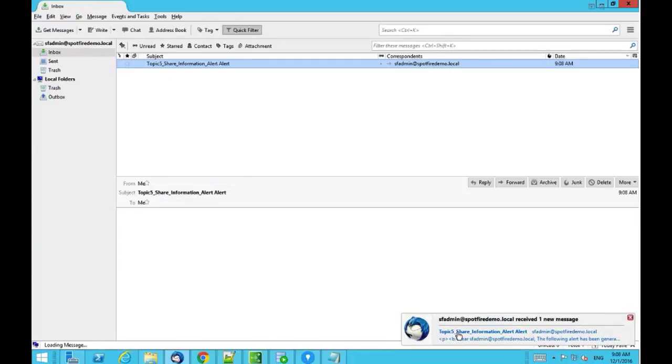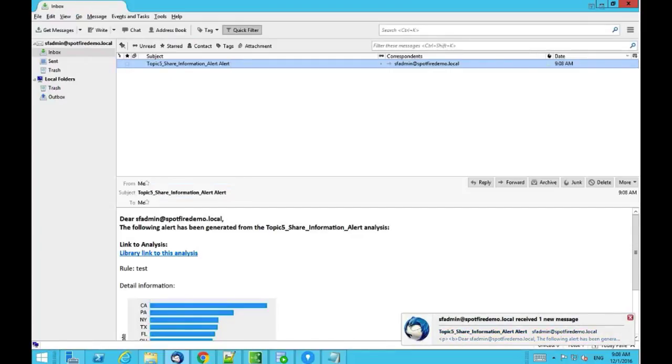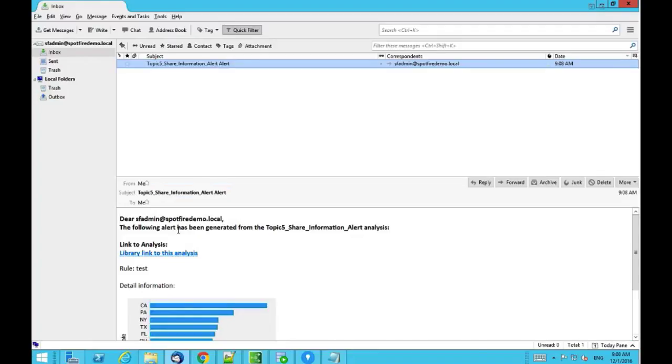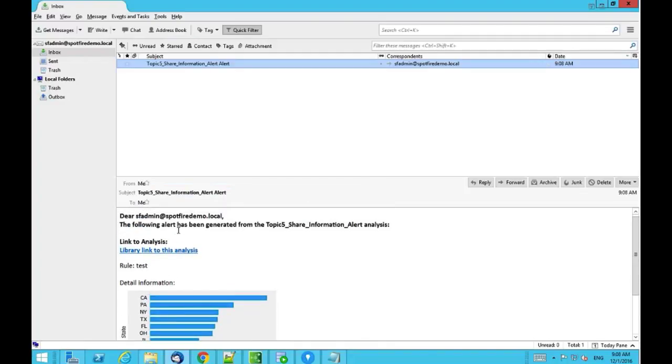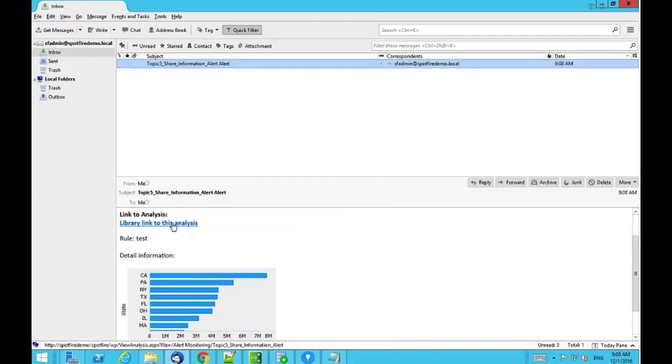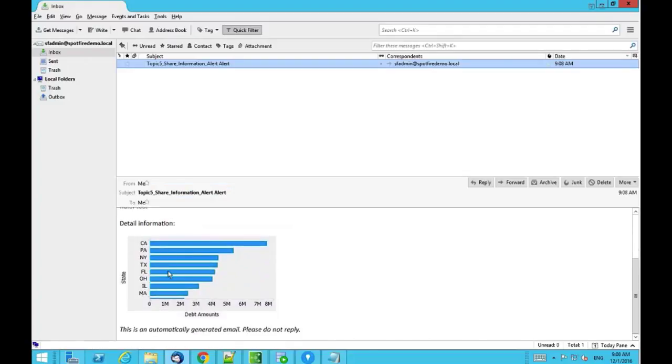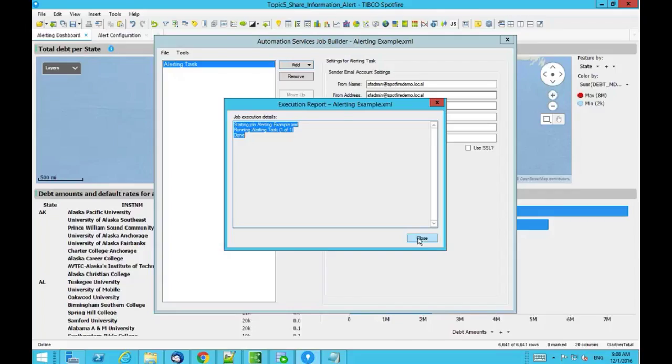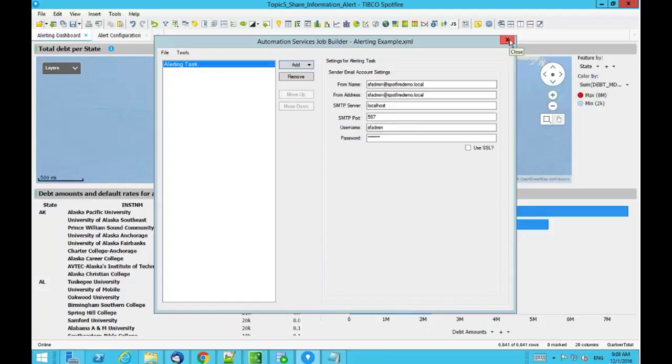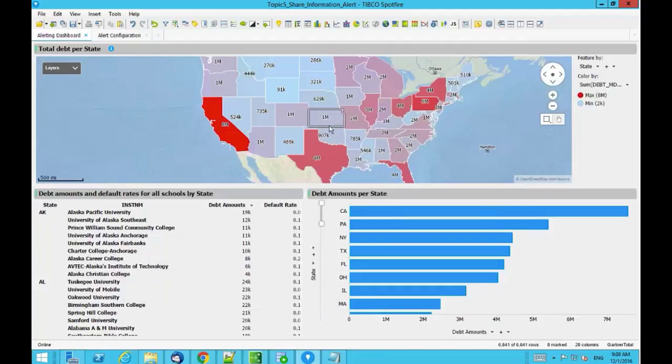If I now click on this inbox, you'll see that we've got this email notification just come in, and it's been generated from the DXP and has a link to the analysis in the library, along with detailed information about the conditions that caused the alert and a sample visualization that we've included in that. So that concludes the demo of the Spotfire alerting tool, and I am now going